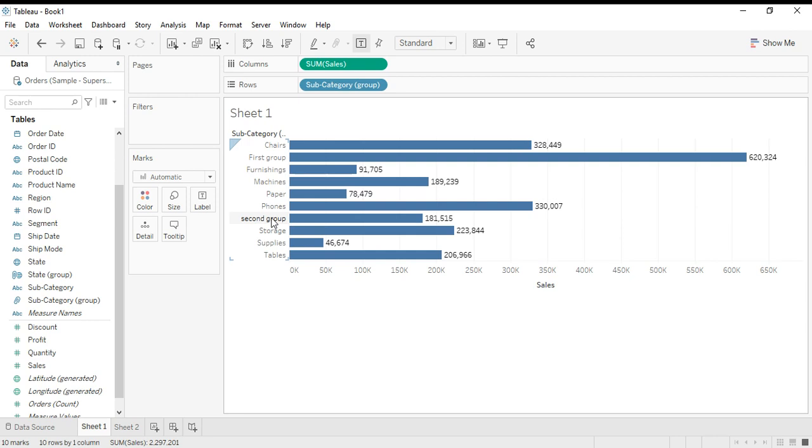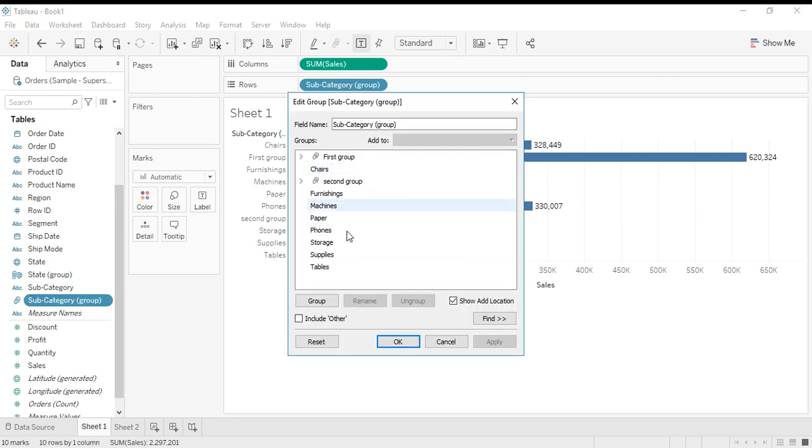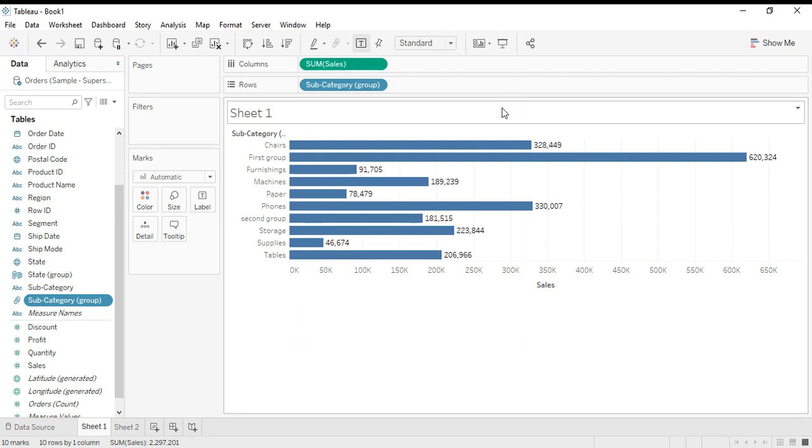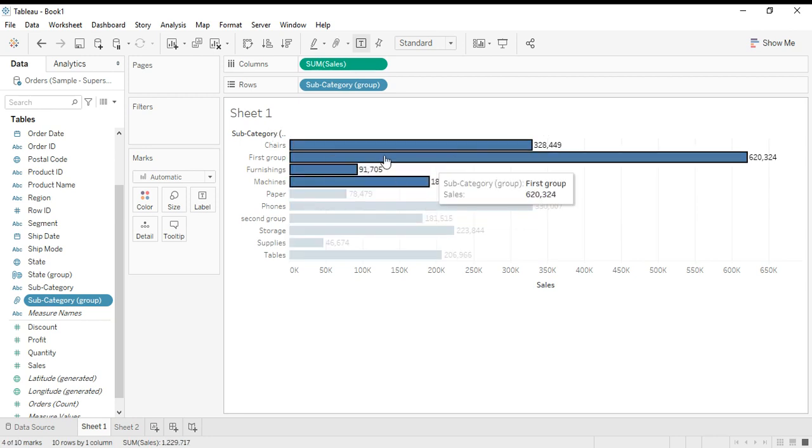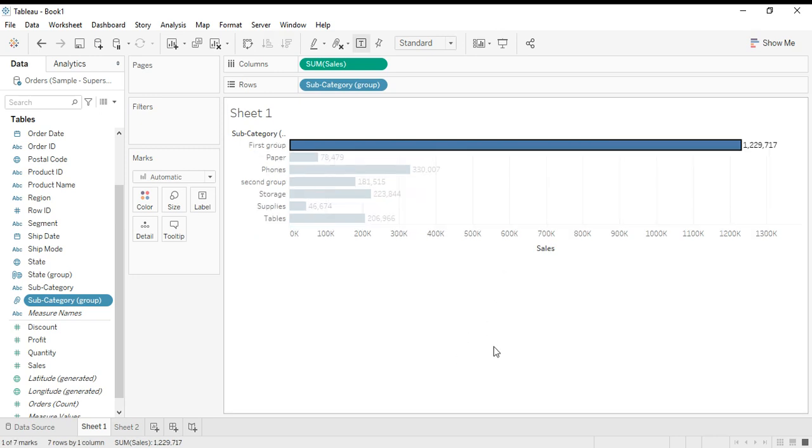In this way you can create grouping through headers or through the data window. If you want to edit it, to change it again, go to subcategory group, click it, edit group, and you can change it here again. This is the way you can do it. Hope you got it. I forgot to tell you, we can group through visualization as well. If I want to group here, you first select this. I have selected this one, right click, and we have the group option. Got it.